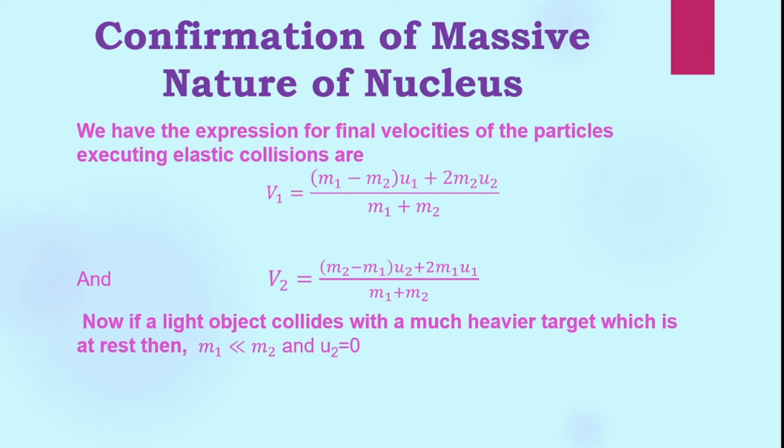Here the atom is almost at rest, so u2 is equal to 0. Now what will be the velocities using this condition? It is observed that if we consider m1 very much less than m2 and u2 equal to 0, then from the first equation